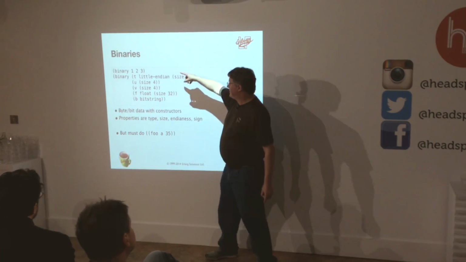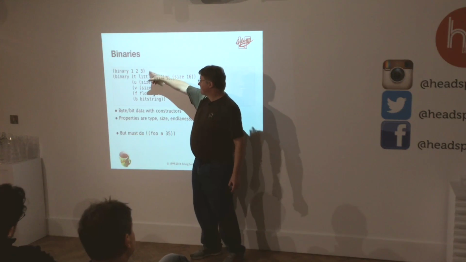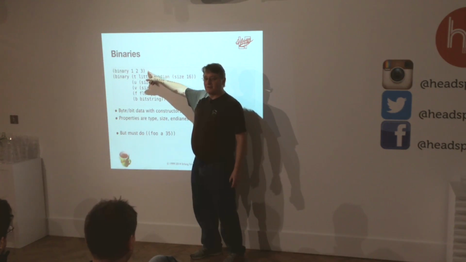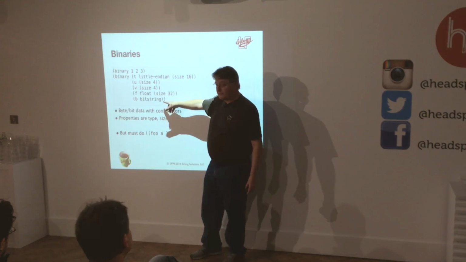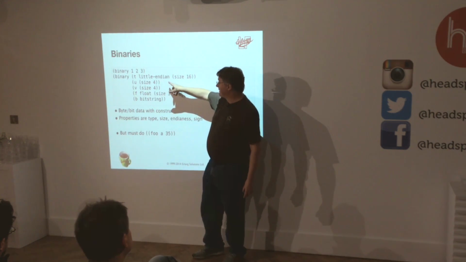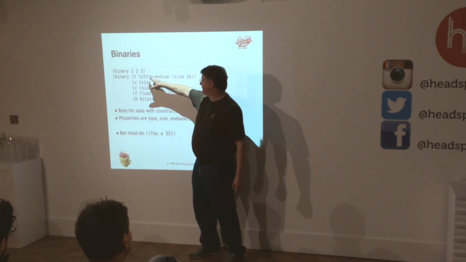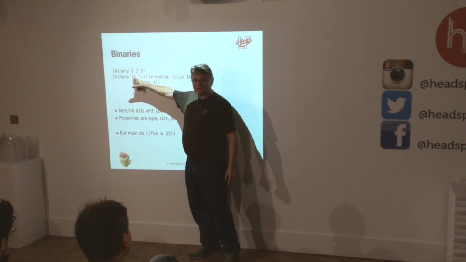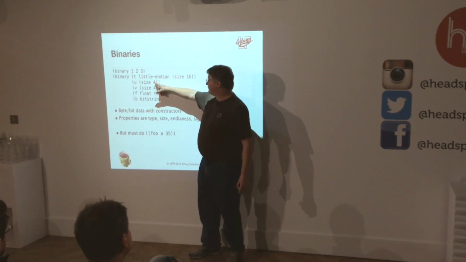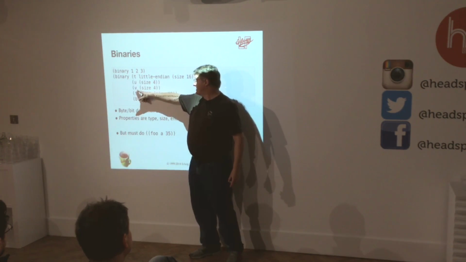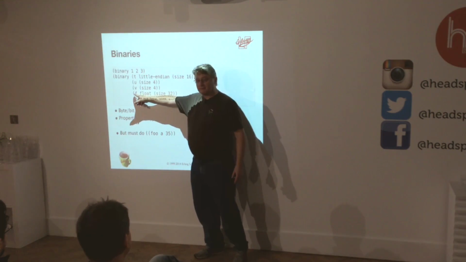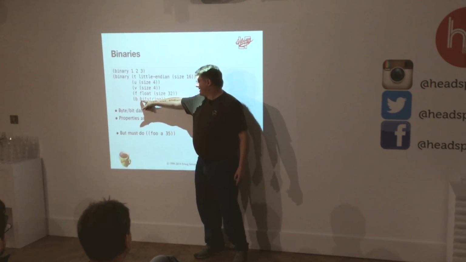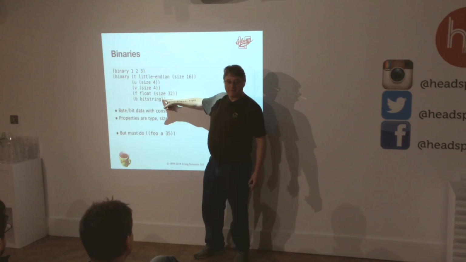So this here is a Lisp form, which creates a binary of 3 bytes containing 1, 2, 3. This form is a binary which contains a 16-bit little endian field containing the value of t. It contains a 4-bit field containing the value of u, a 4-bit field for v. It contains a 32-bit floating point field containing f, and b here is a bit string.